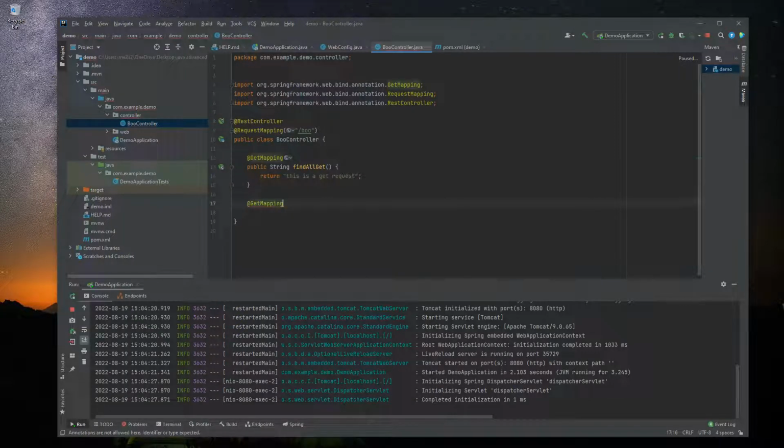get mapping. Value will be, let's say, an ID. Let's say you want a GET request on an ID, and we're going to say this function will also return a string. We'll deal with objects and databases in the next videos. Find by ID get request,